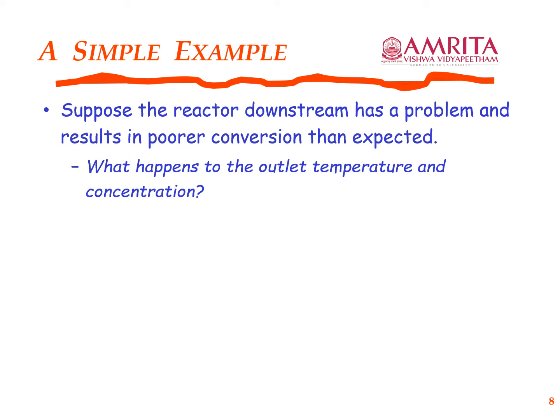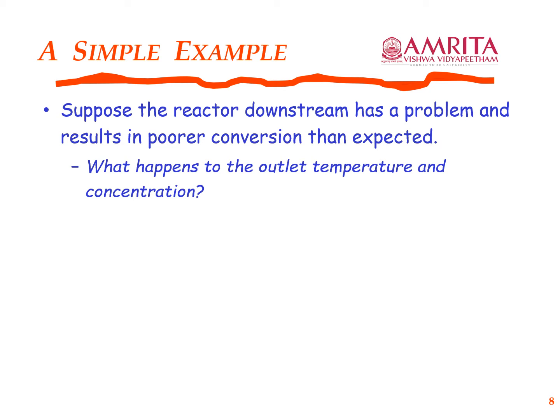What happens to the temperature and concentration that the initial set concentration of 45 mole percent of benzene, 45 mole percent of propylene, 10 mole percent of cumene, 120 degrees Celsius, 1.8 atmosphere pressure of that recycled stream? What happens? Okay, so if there is a change to this outlet temperature and concentration, now you are mixing it with your fresh stream, what happens to the inlet to the reactor?